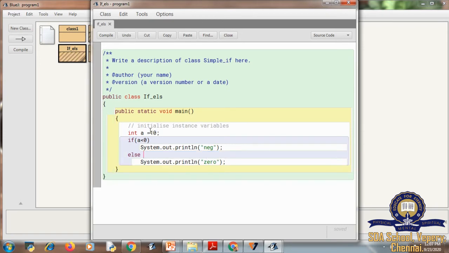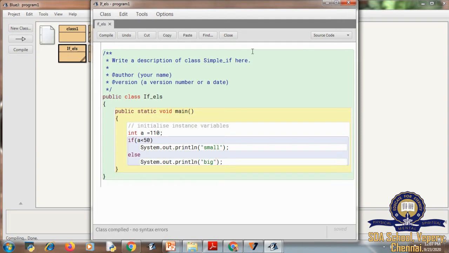So I'm giving one more: a is equal to 110. I'm checking this condition whether it is greater than 50 or less than 50. If a is less than 50, then print this is small. If a is greater than 50, print the value is big. This is how my program will be executed. Now I'm going to compile my program. We'll see whether we have got some errors or not. No errors. Okay.